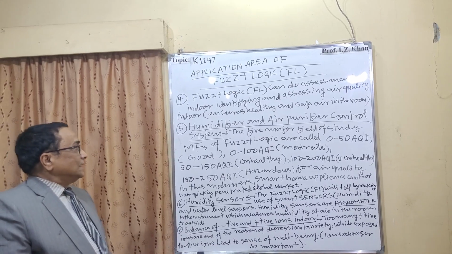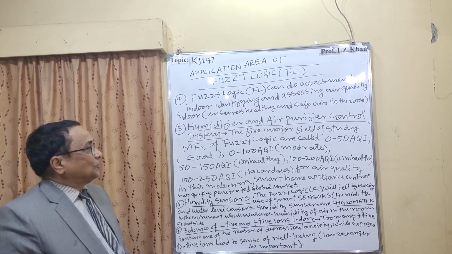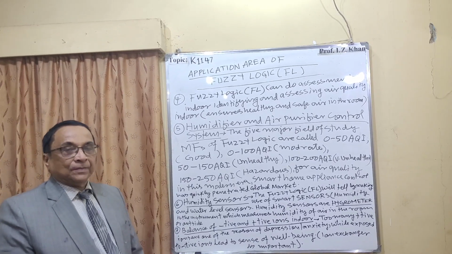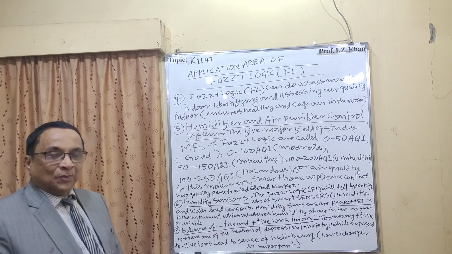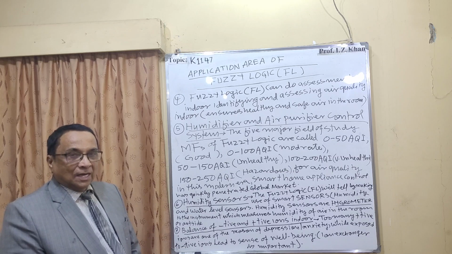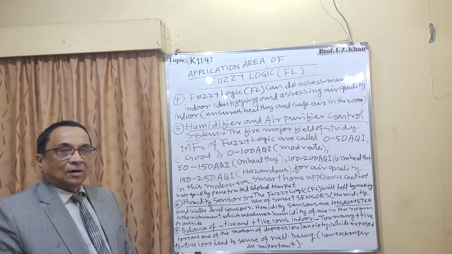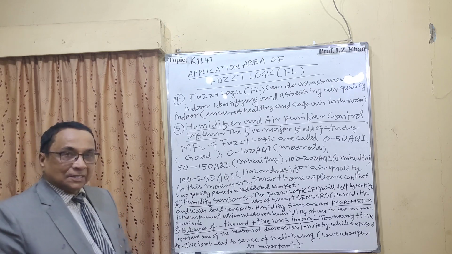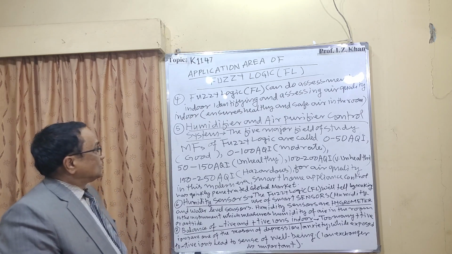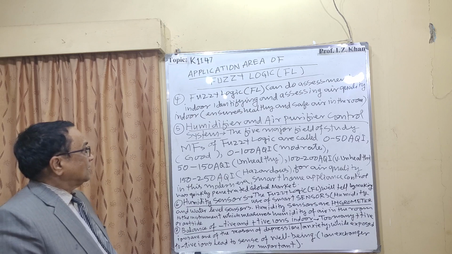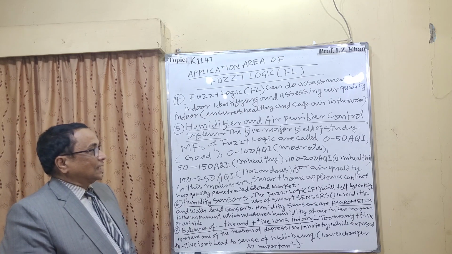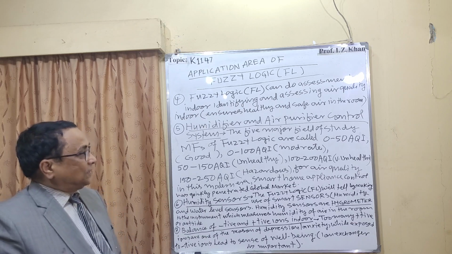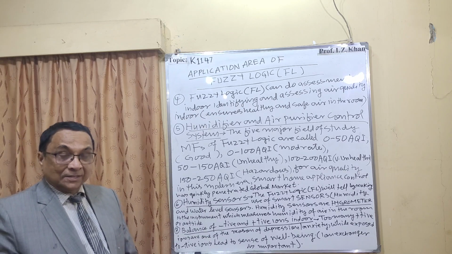Number 5, humidifier and air purifier control system. I have already told you a lot about this humidifier, how people are using it to have comfortable or sound sleep because of the humidity problem. So the 5 major fields of study, called MFs of fuzzy logic, are called 0 to 50 AQI, all